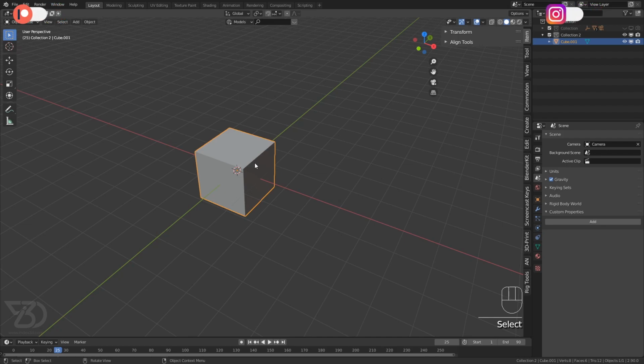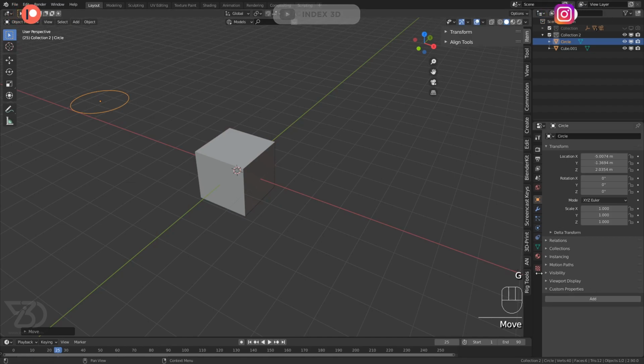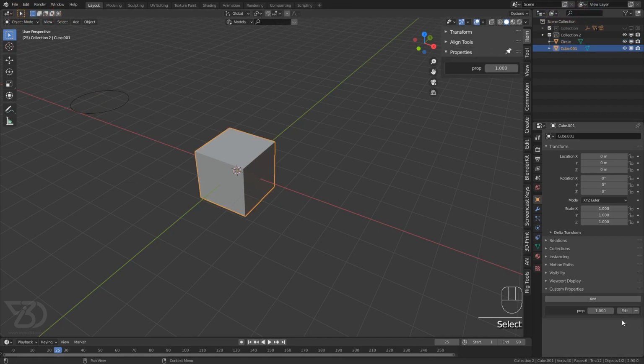Like if you create a custom property on this object, then it will only be visible when you have selected this object. But as soon as you select a different object like this one, the custom property will not show up over here. You have to select this object to see or control the custom property.